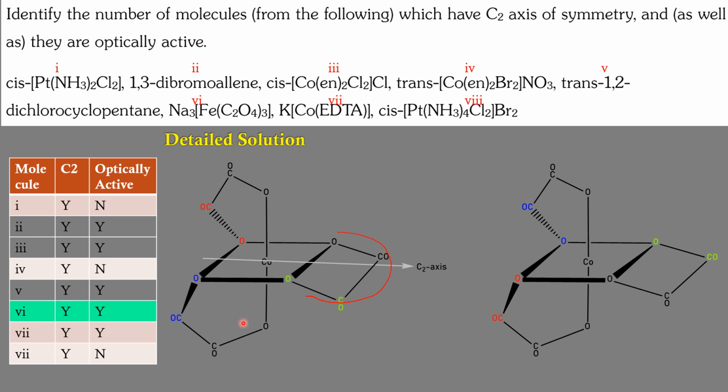And in the horizontal flip, this C=O, which is coming toward us right now on the front side, will go away from us when the horizontal flip has been done. So this is again going to be a C2 axis, which passes through the molecule in the plane, bisecting our square as shown in the diagram. Okay, so this had a C2 axis, and this was also optically active, because this time there is no plane,